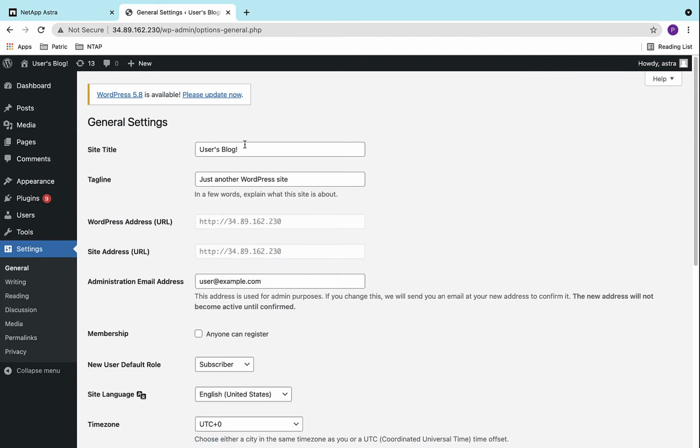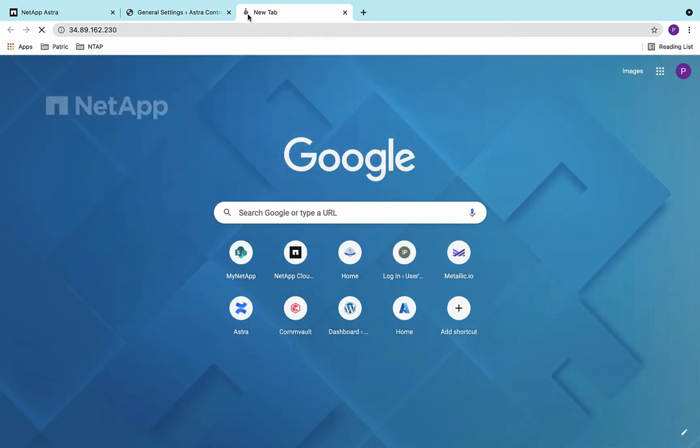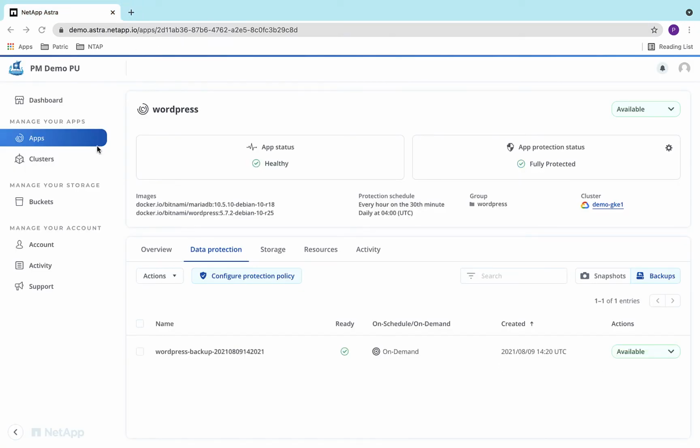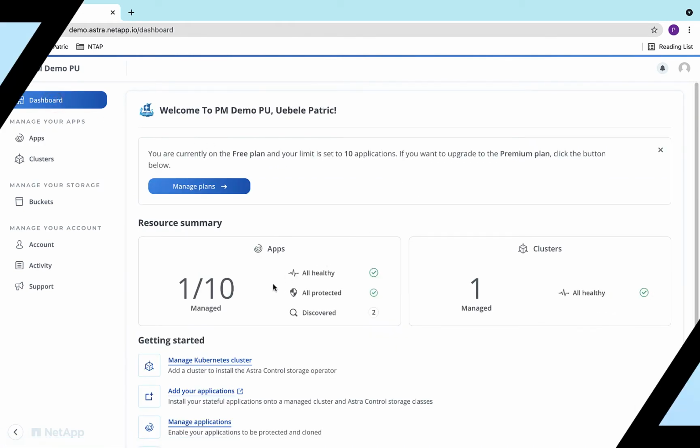So we change the site title to Astra Control Demo and quickly verify the change. Meanwhile, the backup finished successfully, and with snapshot and backup policies in place, our application is fully protected now.